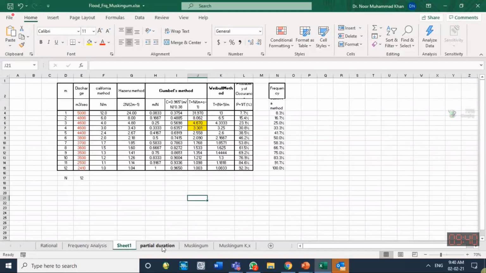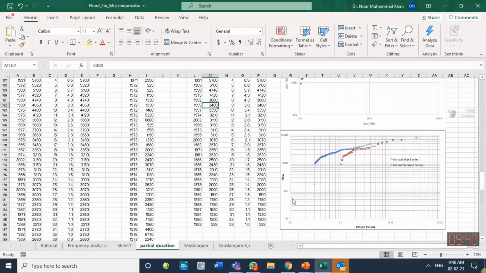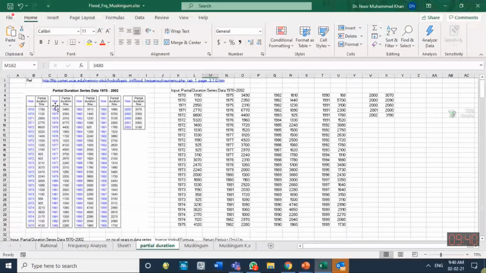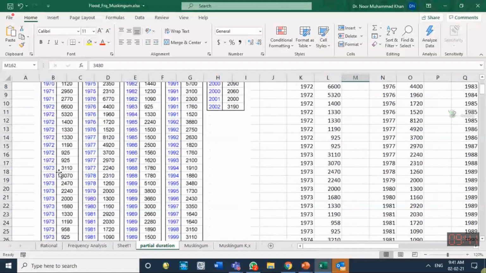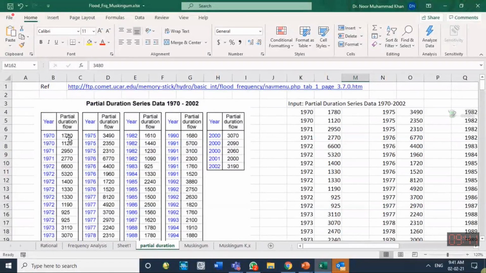And if you have the flood frequency curve available to you, as I have shown you over here, actually I have gone a little bit ahead, which was not done previously. I got a partial duration curve from a certain site over here, and here is the reference. The method for the partial duration curve is also the same, only you see the difference. If I zoom in, for the same year, they are recording floods with more than one peak. For 71, they have recorded 2. For 72, they have recorded 5, 6 values. So this is a partial duration flood series.